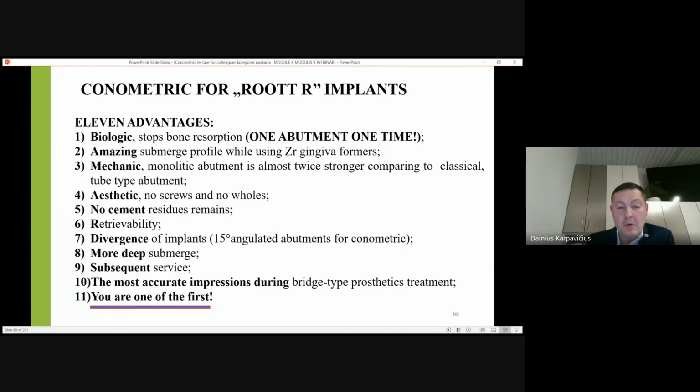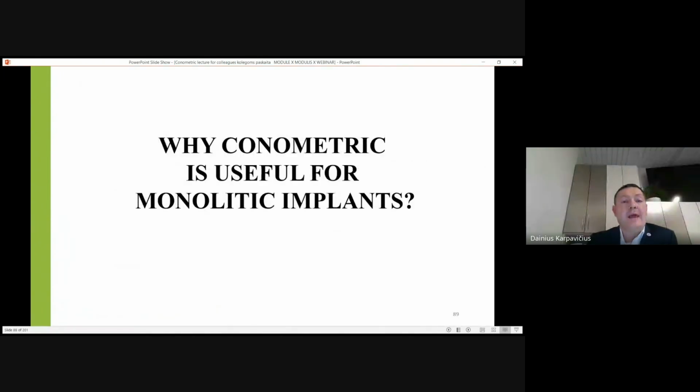Yeah, dear Dr. Salman, you are quite right. By the way, monolithic implants were the pioneers of this product, because a company a lot of years ago asked us to find something for monolithics, because previously we had just cementing. Later on, we created multi-units and conometrics, and today monolithics became equal in possibilities to two-piece implants. Maybe not so equal regarding, let me say, the surrounding tissues,